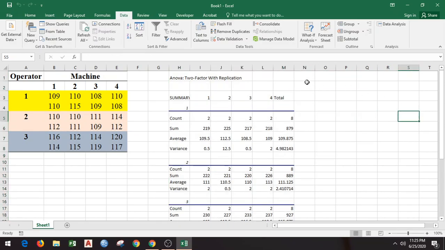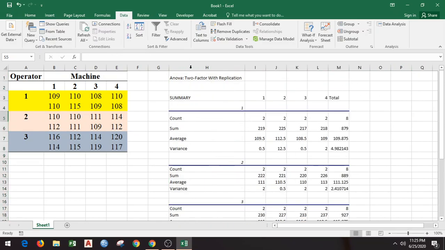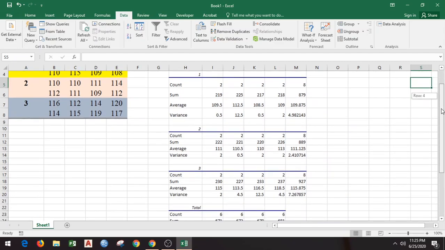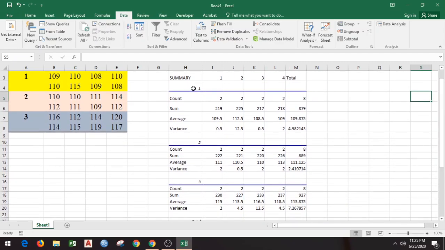So first, as usual, Excel gives us some summary data for operator 1, operator 2 and operator 3. We have some summary statistics, and for operator 1 it goes by different machines, machine 1, machine 2, machine 3 and machine 4.